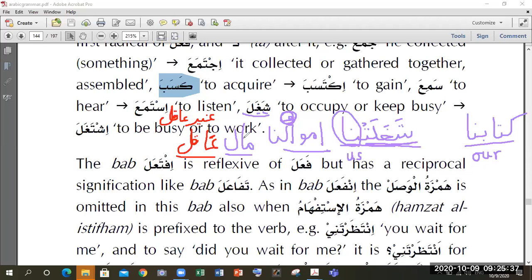The rule I'm going to tell you is that whenever a non-sensible thing, ghair aqil, comes, and there is a plural for that thing, like mal is a non-sensible thing, right? And when we use a plural for that, amwalu, we always use the female third person for this. Yani if it is a